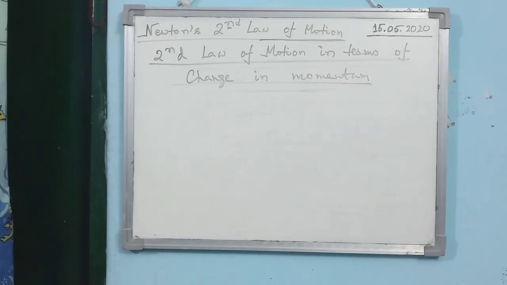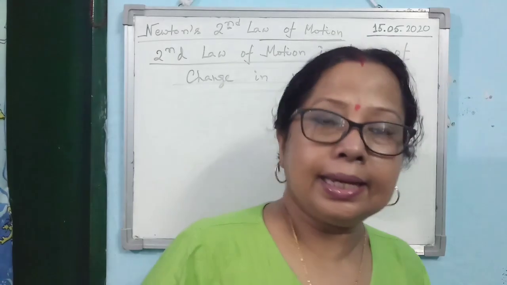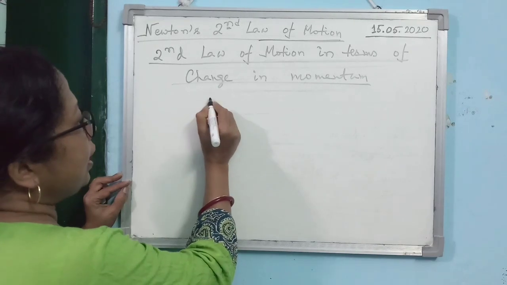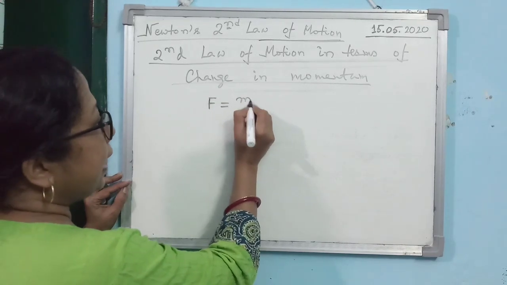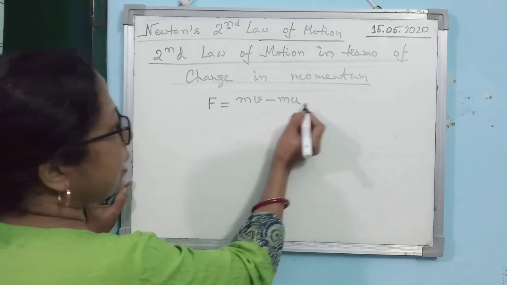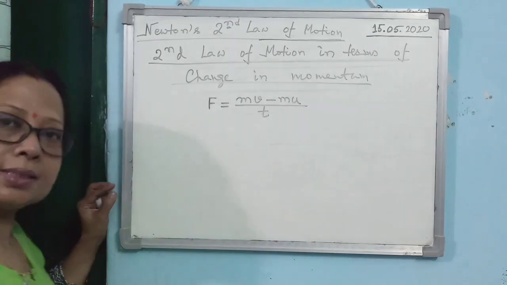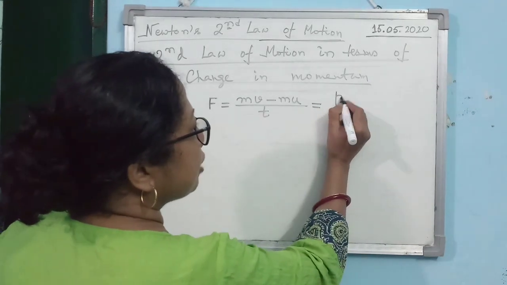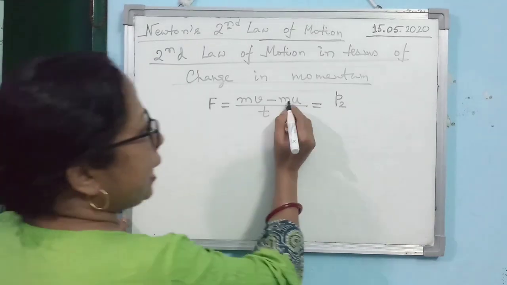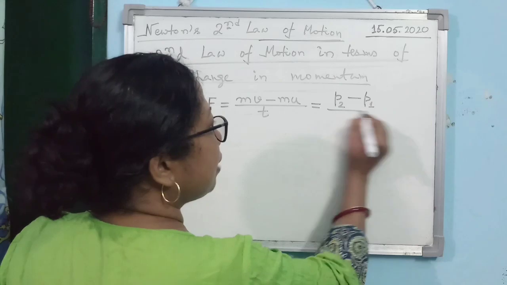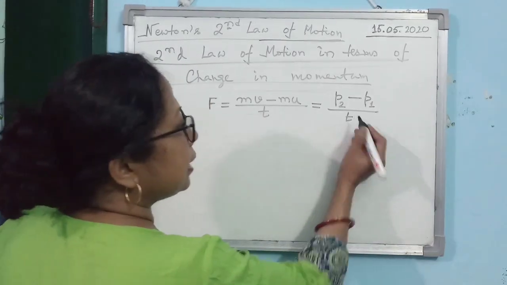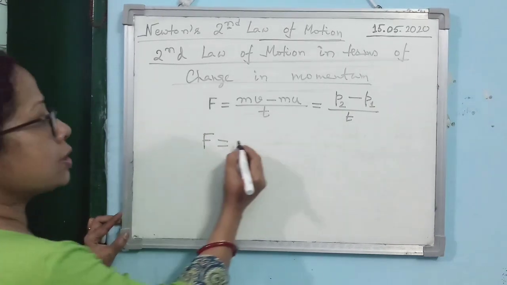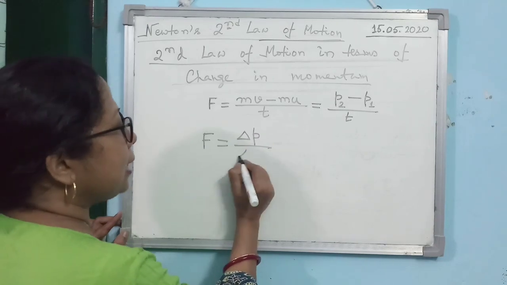Now, Newton's second law of motion, there is another way to write it in terms of the linear momentum. Alright, so just try to understand it. We know force is equal to change in momentum, mv minus mu divided by t. Is that clear? Already you have learned it. So you see mv, you can write it as the final momentum p2. And mu, you can write it as the initial momentum p1, and here t is the time taken. Clear? So one can write force like this. Force you can write as delta p by delta t.